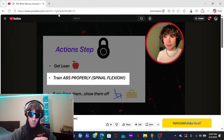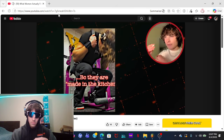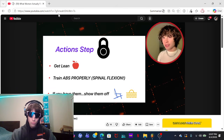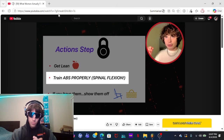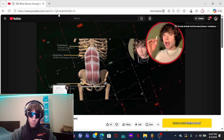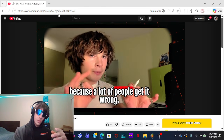Guys, the abs are like any other muscle. You have to directly train them and directly train their function if you want them to grow. And for the abs specifically, people get it completely wrong. Listen, the function of the abs is spinal flexion, and you have to isolate that function through the proper exercises. And look, I already made a full guide on the abs, so if you don't understand, I really suggest you watch that video and reevaluate your ab training, because a lot of people...